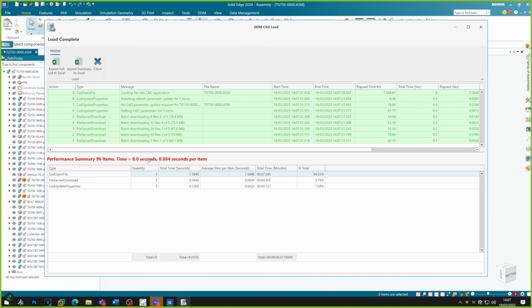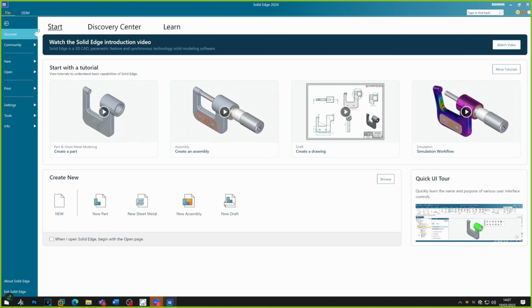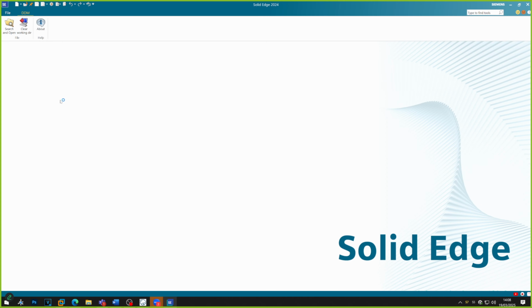So this load took 8 seconds, and as we can see here, the first thing that it did was it batch downloaded 2 files, which totaled 83.1 megabytes, and then 50 files, 2632, because it's much quicker to batch and compress the files to bring them from the server to the client machine. So the thing that we want to just touch on to show you, I can clear this out now, is I can just clear my working folder,